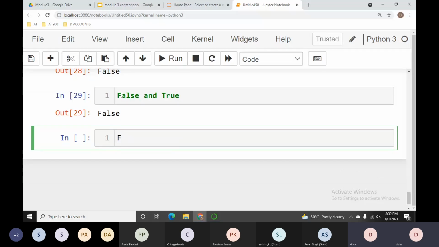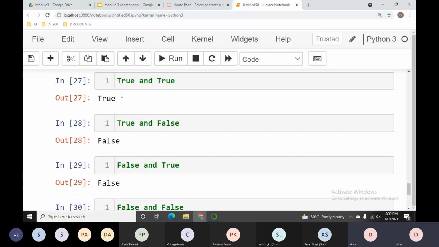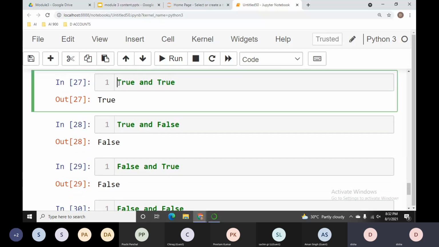And the last one, if I say false and false. Just remember that we are using Boolean values here, and for Boolean values always remember that the first letter is capital, right? So when both the operands are true and we are using our logical AND operator, at that time we will get the result true, right?